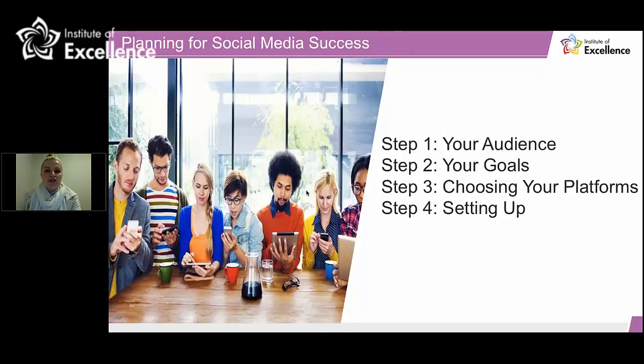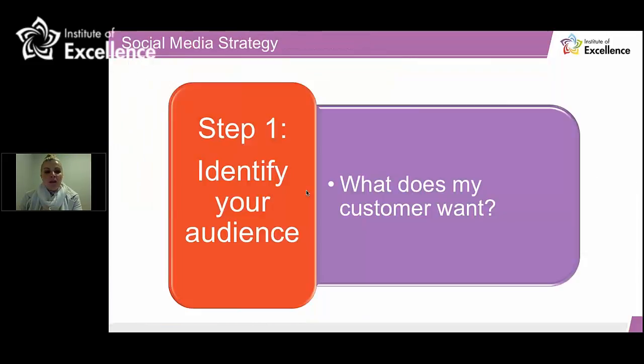That also goes out into your other mediums, Instagram being another one, 8th of December, remember. So when it comes to your social media strategy and identifying your audience, who are they?